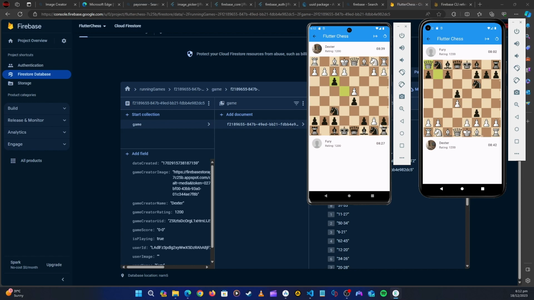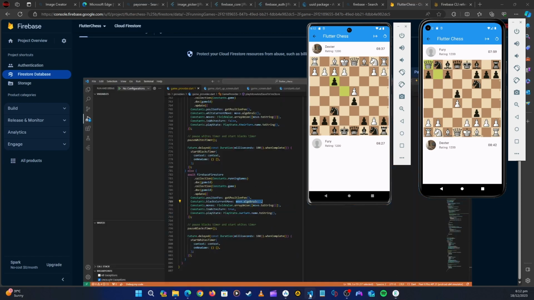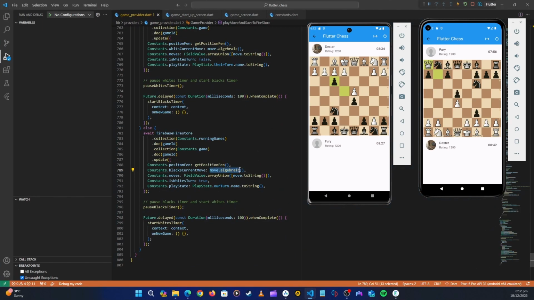If we are using this algebraic move, the package, for some reason, is failing to read the promotion. You can promote on your side, but passing the data through Firestore to the next application, it's failing to promote. Now it's still reading that it's white's move, but on this side we have played as white and promoted, while on the other side it hasn't promoted. Okay, so that is what we are going to fix now. We are going to change from using this algebraic move to just the move to string.